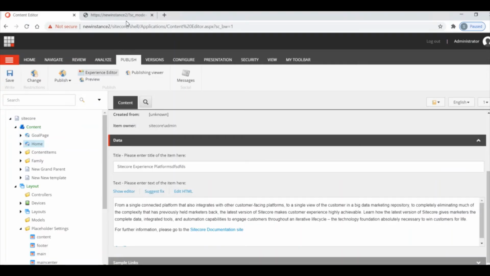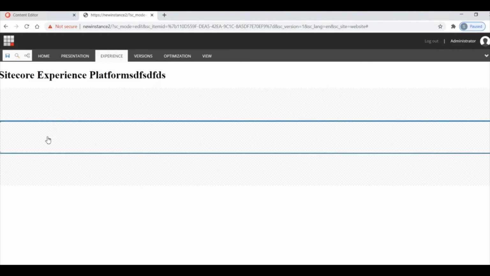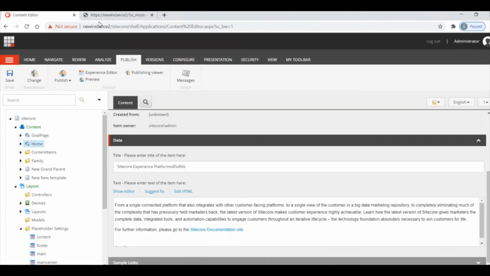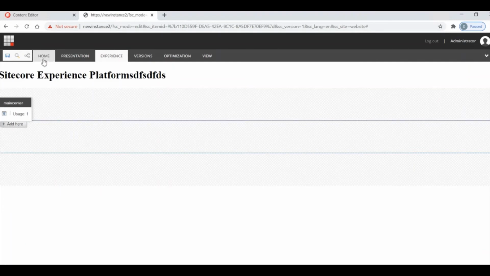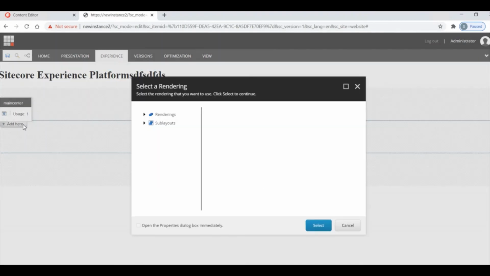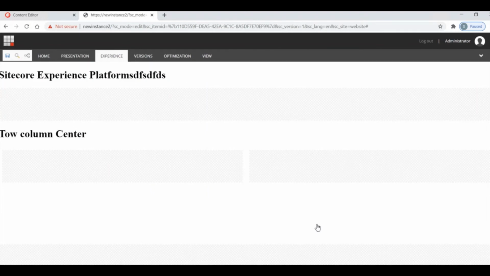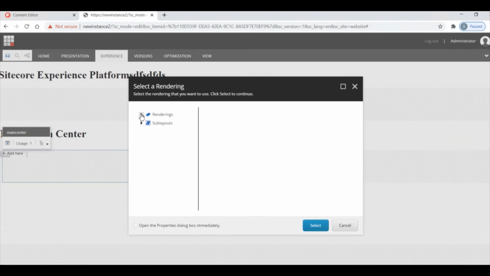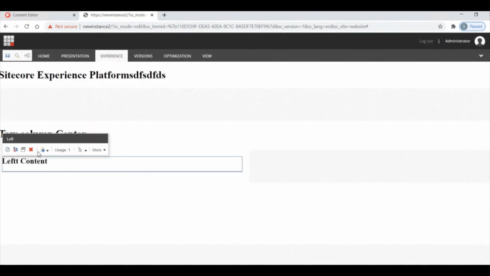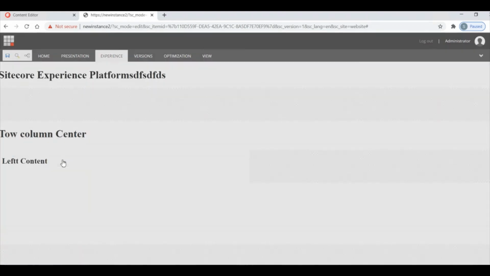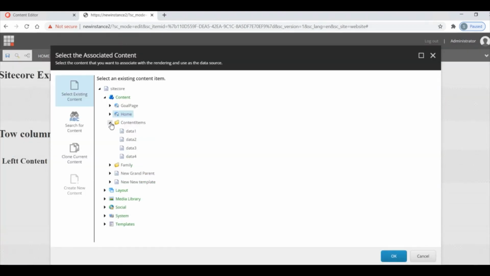Okay, let us go to the demo. I have done that. So this is the experience editor of my home page. Here I'm adding my components, that is a two column component, and you will see how this behaves differently. In the left side column I'm adding the left component, creating a left, and associating the content item, let us say data 1.